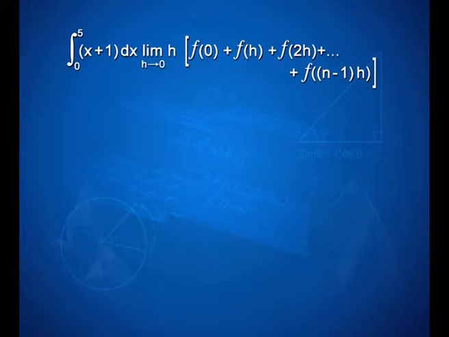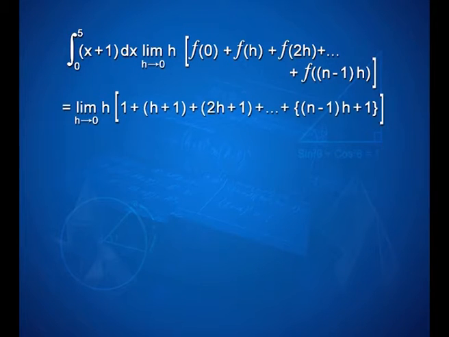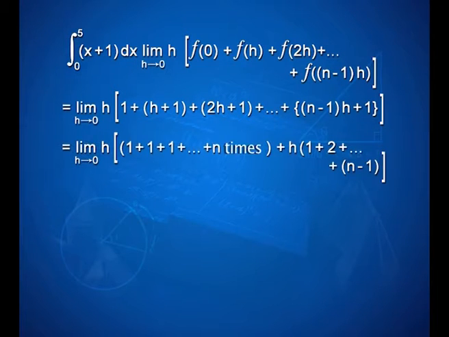Integral 0 to 5 of x plus 1 into dx is equal to limit h tends to 0 h into f of 0 plus f of h plus f of 2h and so on plus f of n minus 1 into h, that is equal to limit h tends to 0 h into 1 plus h plus 1 plus 2h plus 1 plus so on plus n minus 1 into h plus 1,